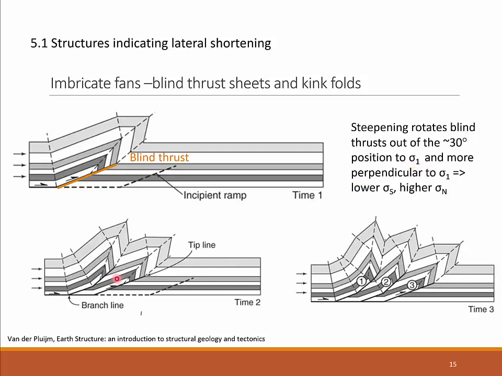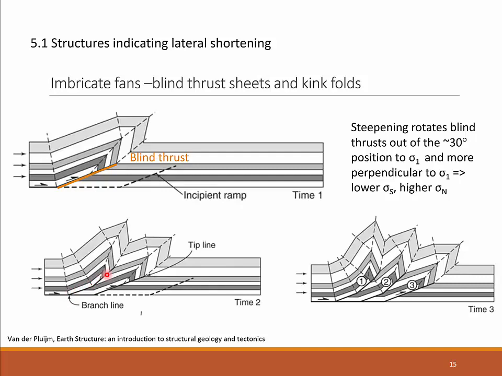They will become more and more vertical and therefore increasingly perpendicular to sigma 1, which lowers the shear stress that can be resolved and increases the proportion of normal stress acting on these earlier blind thrusts. This is detrimental to tectonic transport,